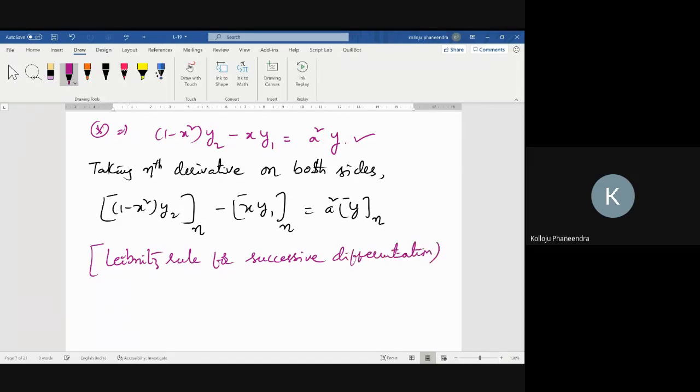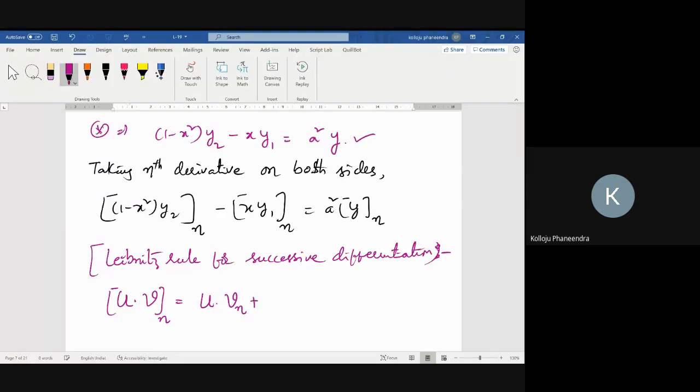Successive differentiation means first derivative, second derivative, third derivative successively. We are finding derivatives, Leibniz rule for successive differentiation. There are two functions. One is u and another is v. Both are functions of x and its nth derivative. Product of two functions u, v, and their nth derivative is, first one, you take u as it is, for v nth derivative,